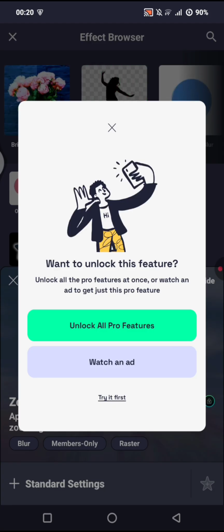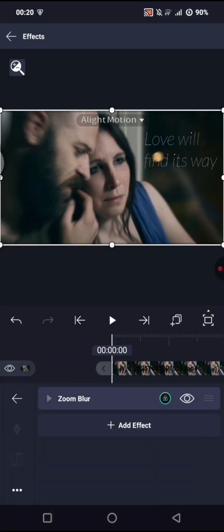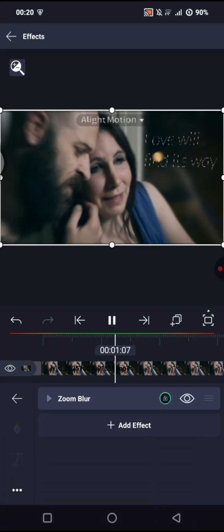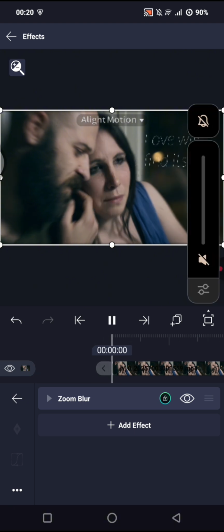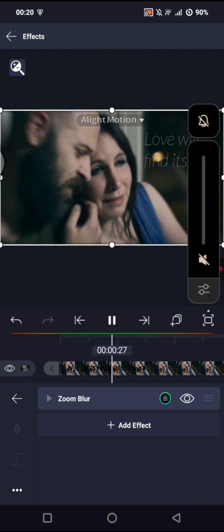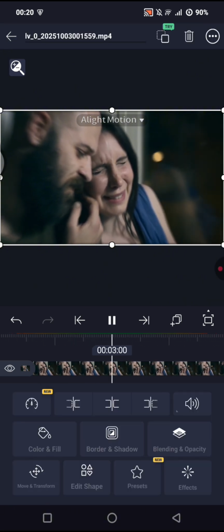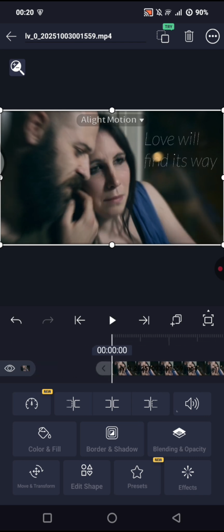But make sure that the zoom like this. You can also adjust the duration,